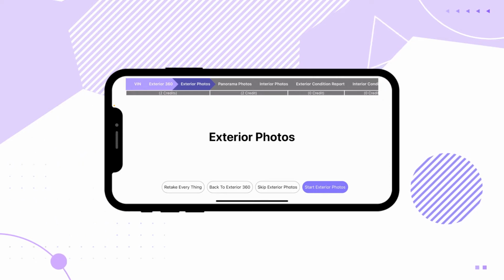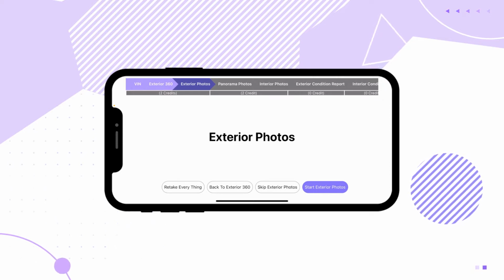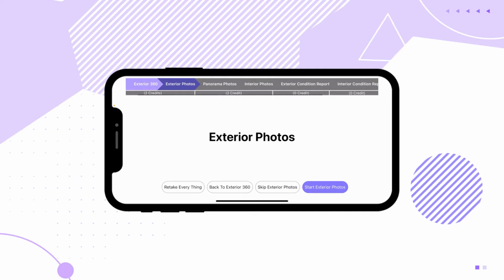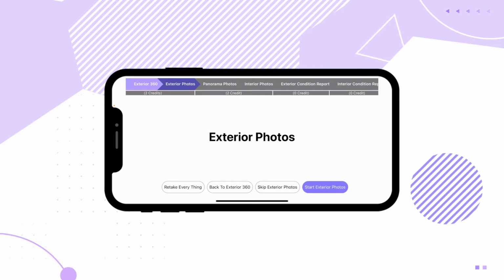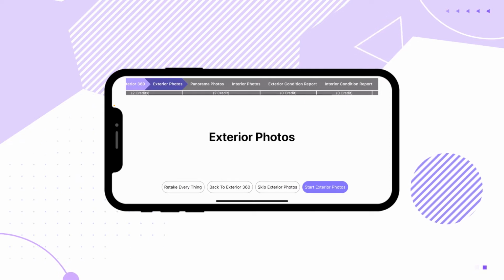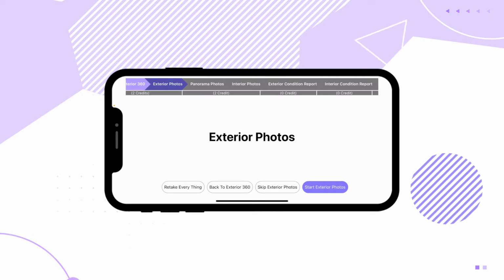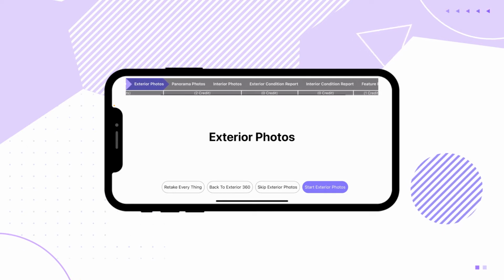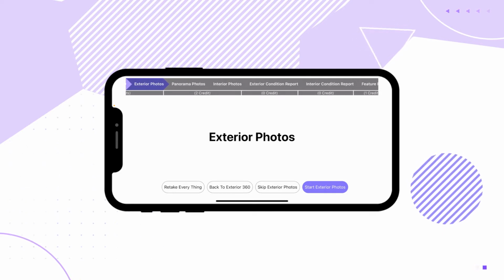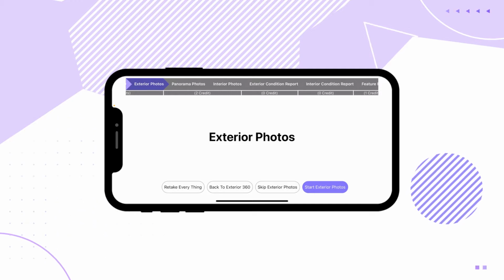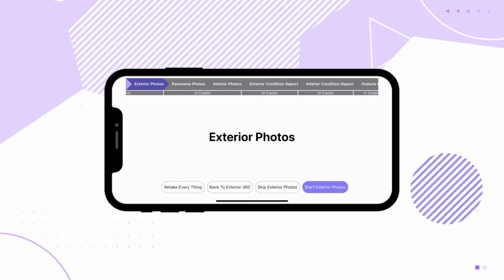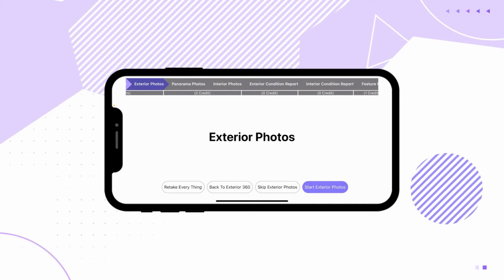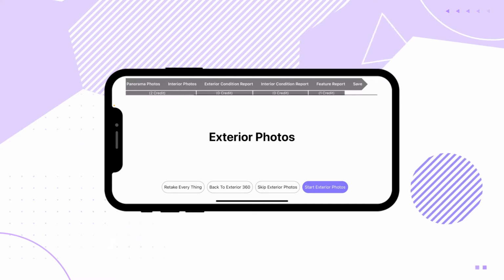Now we did the 360 exterior. Then we're going to do the exterior photos, the 2D photos that are focused on specific parts of the car. Then we do the panoramic photo, which you would need the Ricoh camera for. Then you're looking at the interior photos. The interior photos will show the 360 photo of the car, focused images, and then we have the exterior condition